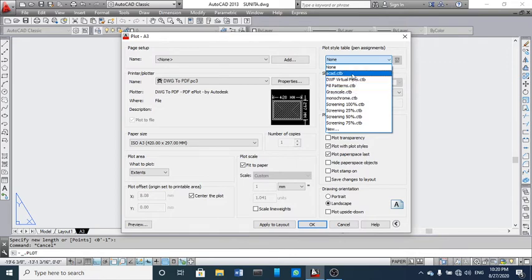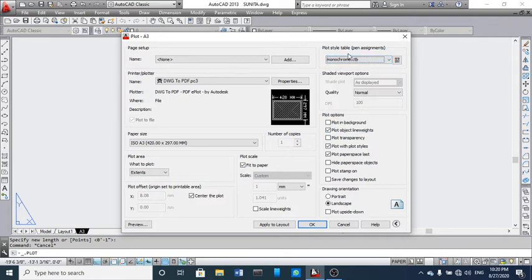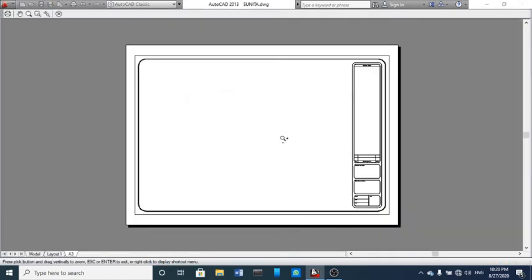For color you have to choose ACAD, or if you want to choose monochrome for a single color. So I am going to choose monochrome. Now there is nothing to change, directly you come to apply to layout, and you can see our layout is completely okay.